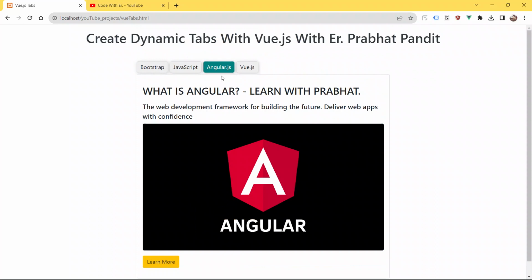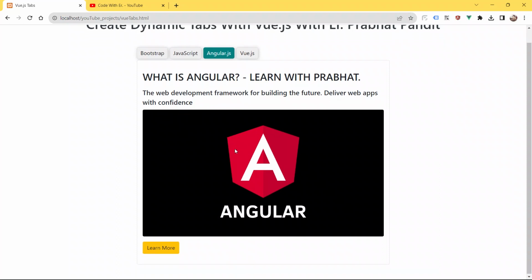So here, what is Angular? Learn with Prabhat Pandit, and below that you can see some text, like: the web development framework for building the future, deliver web apps with confidence, and the image of Angular, and below that the button, learn more.